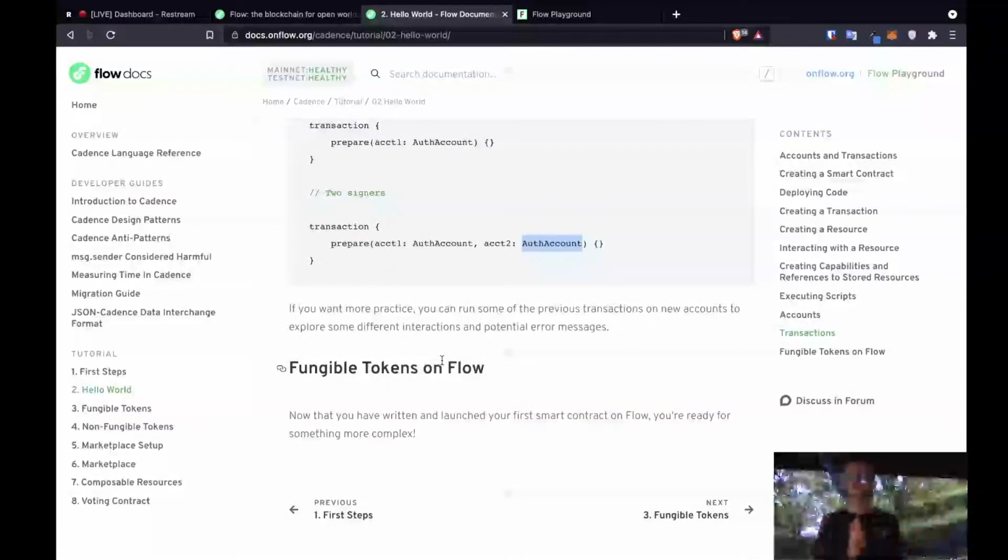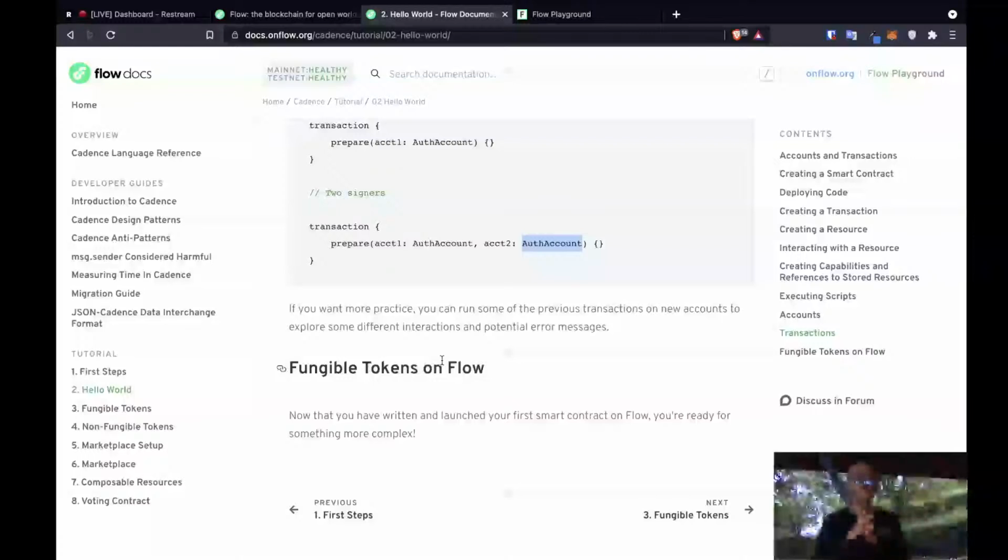Okay, great work. I know that was a lot. If you're not familiar with Cadence, I'm sure you feel like you just got a fire hose to the face of information. If you're familiar with Solidity or other smart contracts, hopefully some of this feels familiar. But if you didn't catch it all, don't worry. Take it slow, watch this lesson again, go through and do it yourself without me talking to see if it makes more sense to you. If everything did make sense,